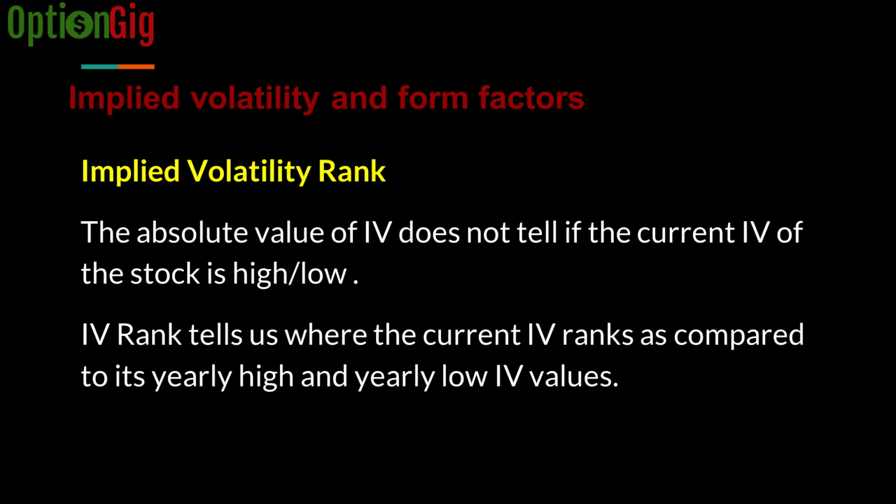But if I only focus on the pure IV number, I will not know if that IV number for this stock is high as compared to where the general IV number is, or if it is low. So the absolute value does not tell us that. So what do we do? We use IV rank. IV rank will tell us where the current IV ranks as compared to its yearly high and the yearly low